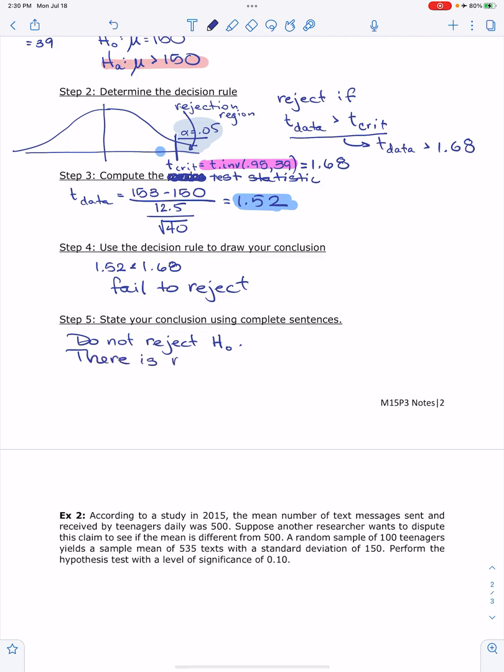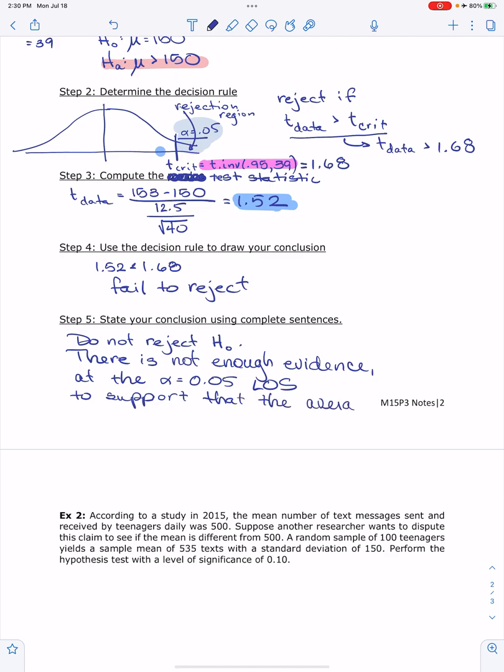Because there is not enough evidence at the alpha equals 0.05 level of significance to support that the average travel time from Denver to Glenwood Springs,